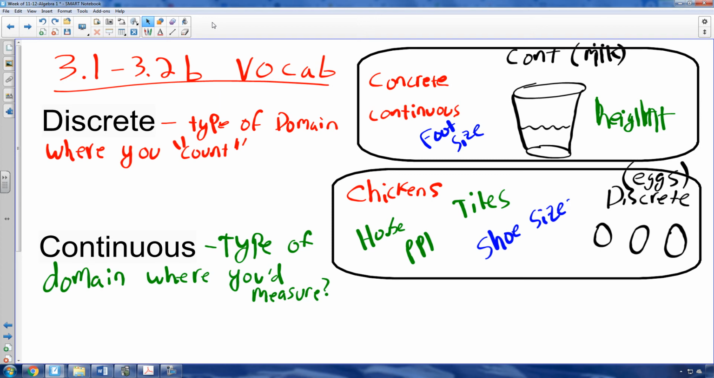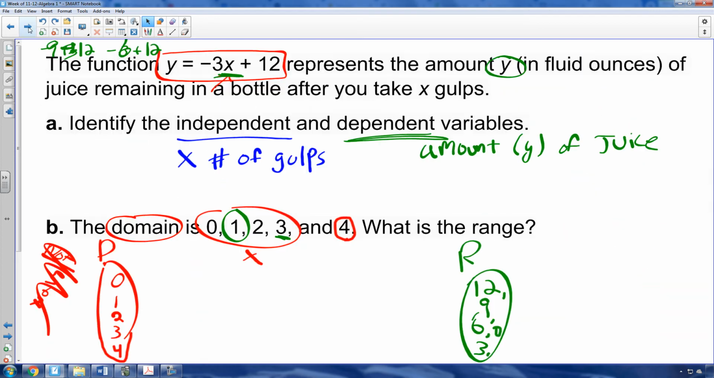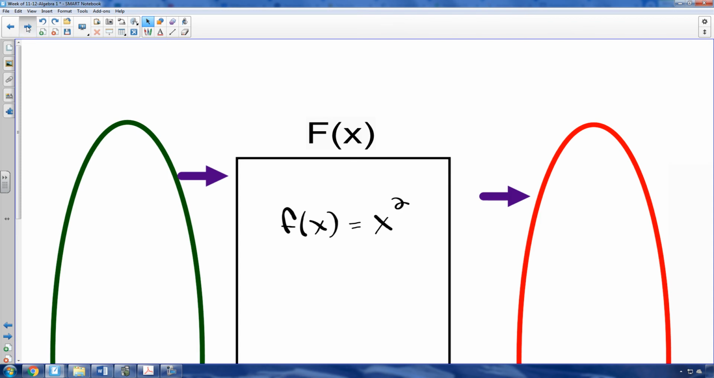They're not going to make an infinite number of different shoe sizes. They're not custom made. And that's discrete versus continuous, okay? That's important. So let's look at one more example of discrete versus continuous and see if we can understand it